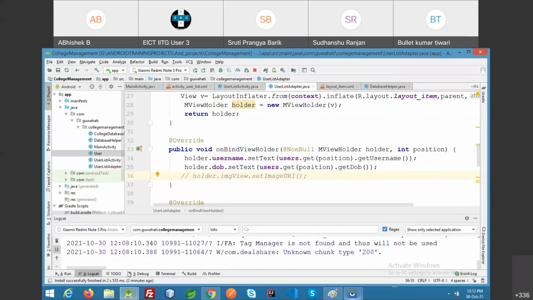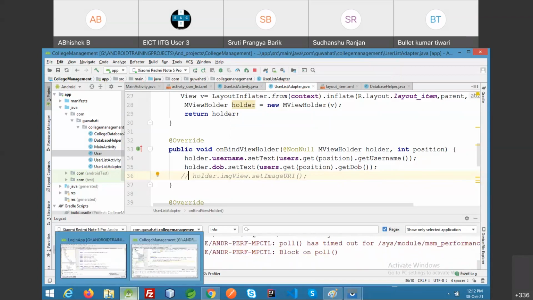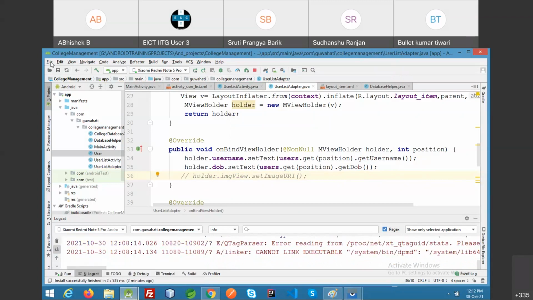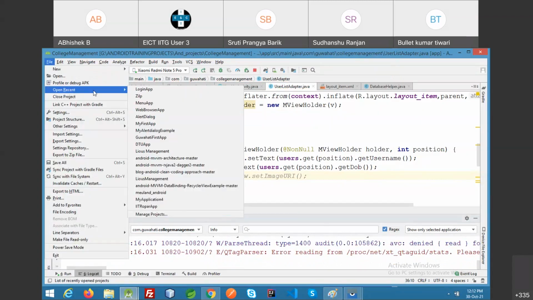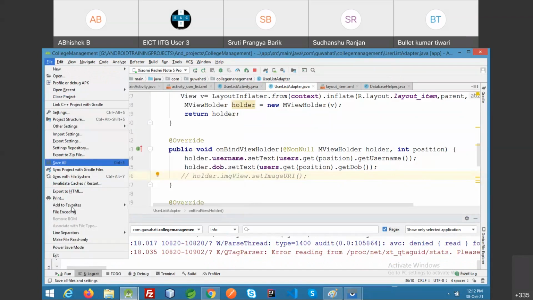I'm sharing this code with you. Let me check where is the path. Show Explorer.